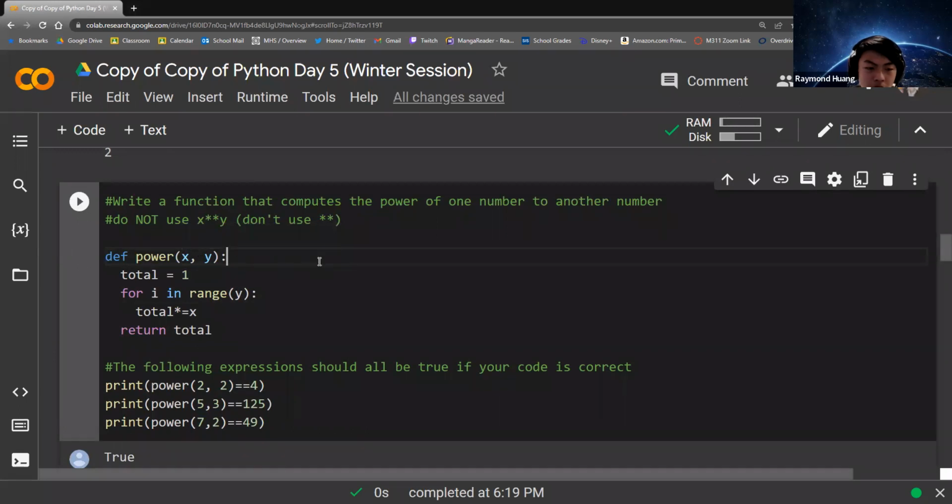Power is basically, so if anyone doesn't know what power is, like 7 to the power of 3 is 7 times 7 times 7. So basically it just multiplies the first number with itself as many times as the second number. So in this case,